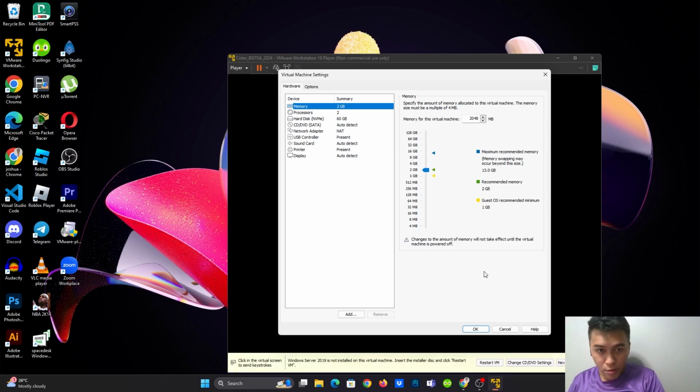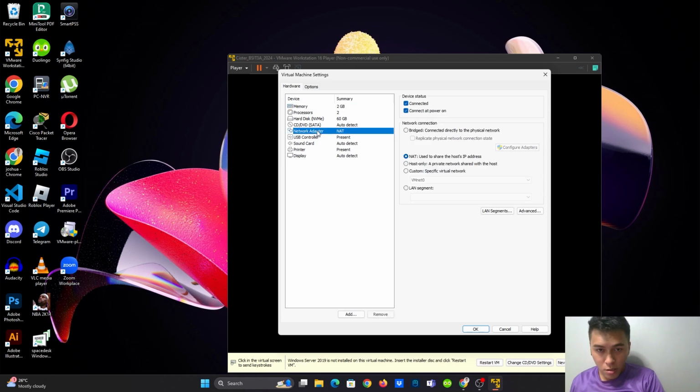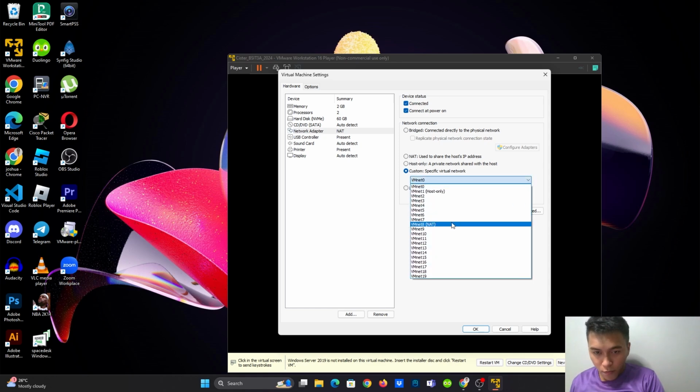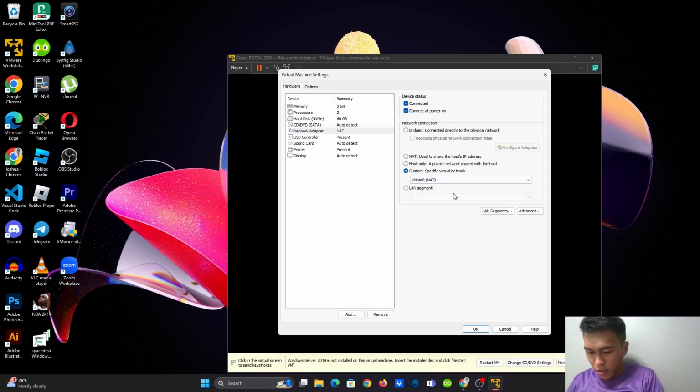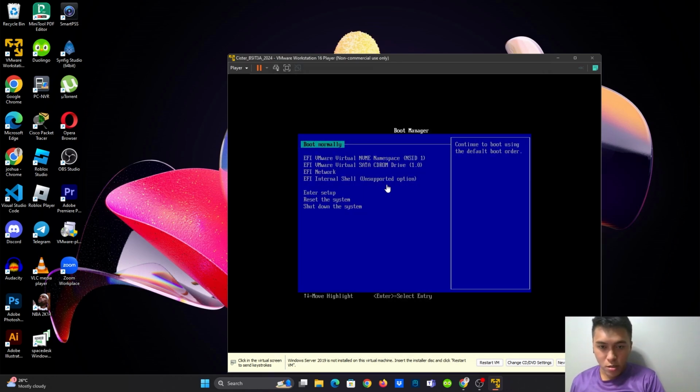In the network adapter, select custom, specific virtual network, VMnet8 and NAT. So this will be the recommended settings on my virtual machine. There you go.